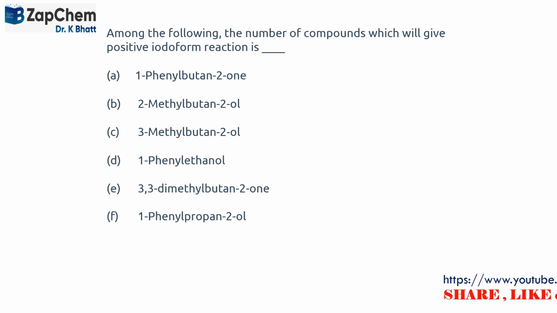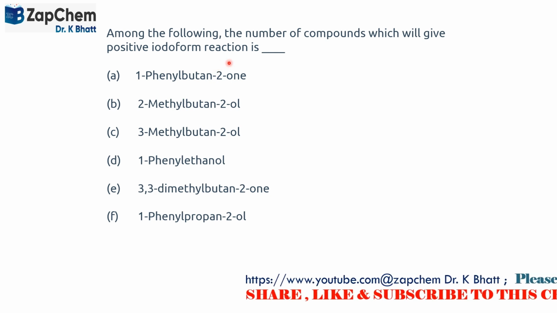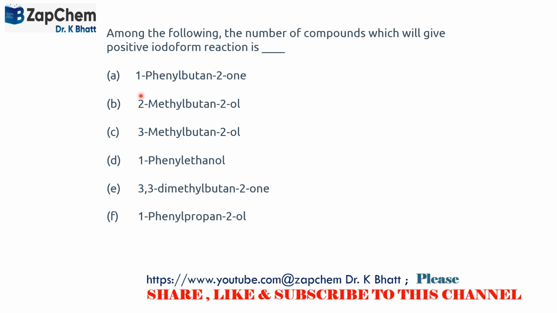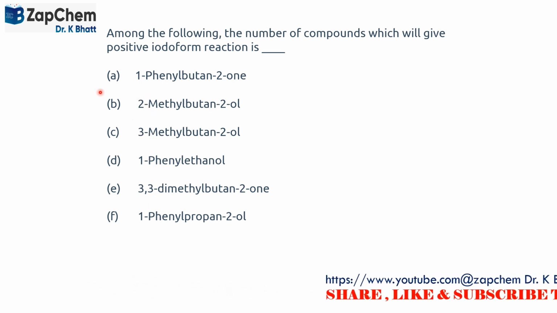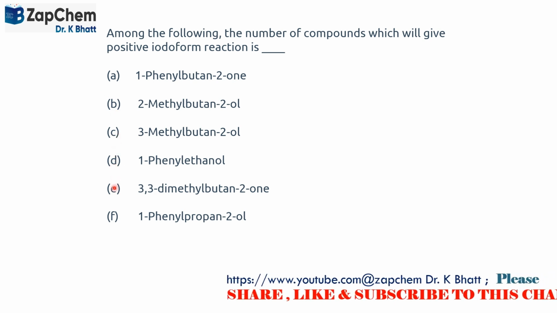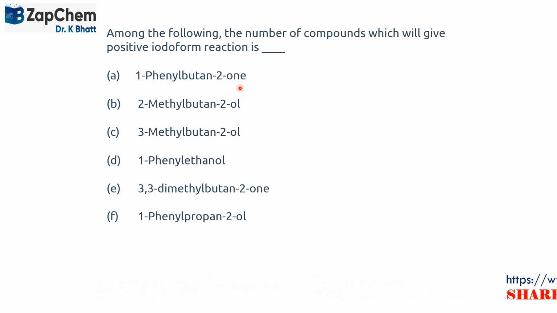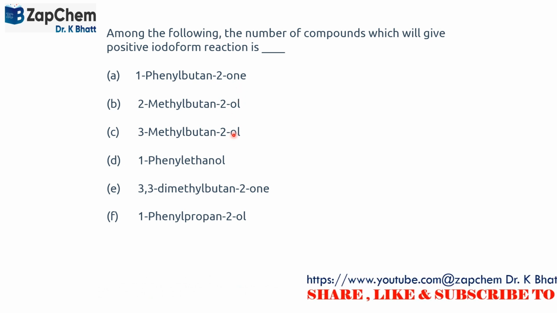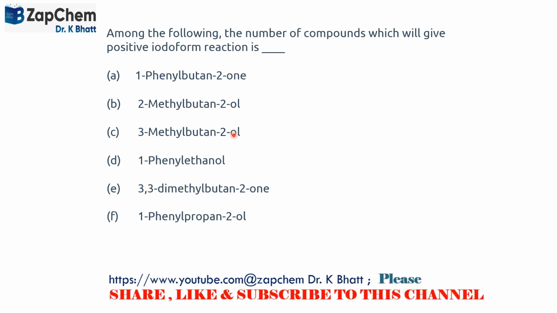Among the following, the number of compounds which will give positive iodoform reaction is, and here are 6 compounds provided to us as marked A, B, C, D, E, F, and different compounds are here. We have to find out which one will respond or give a positive iodoform test, and then total them up,